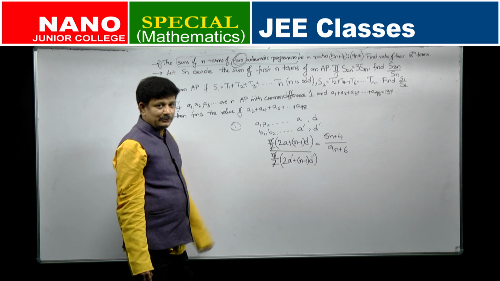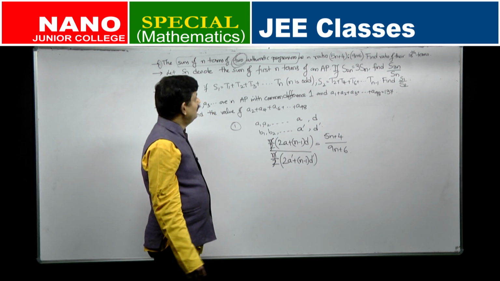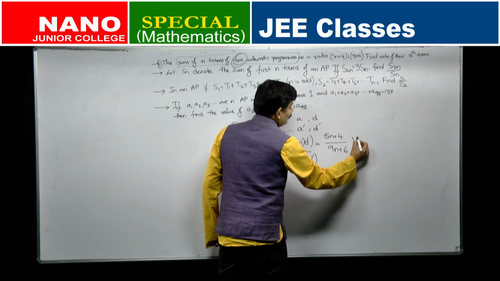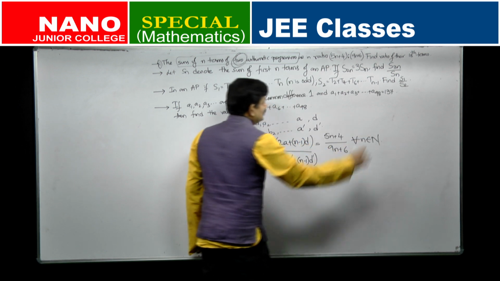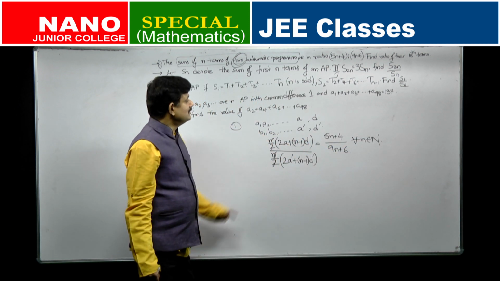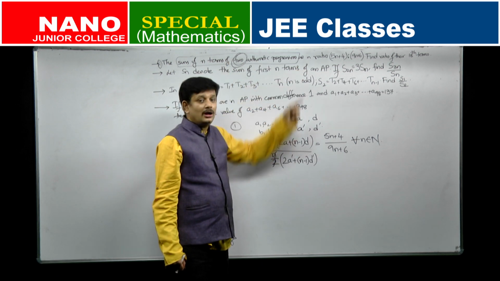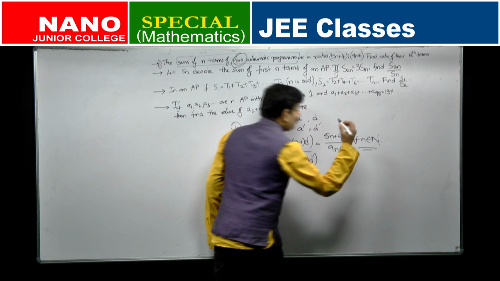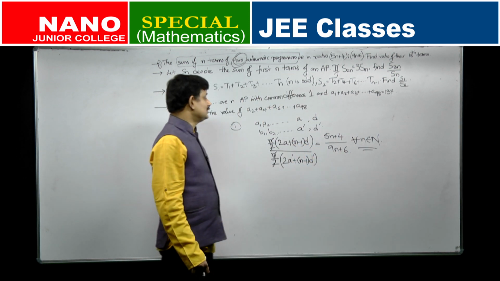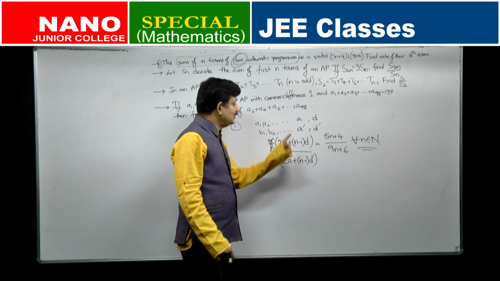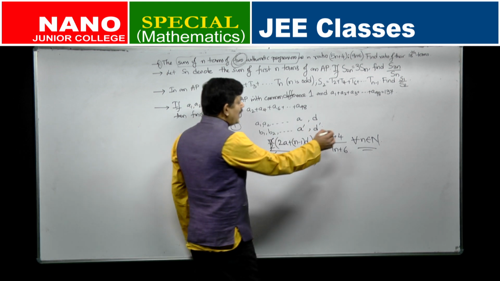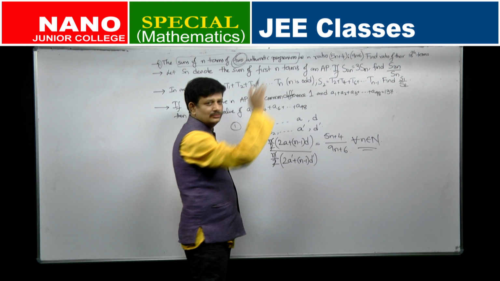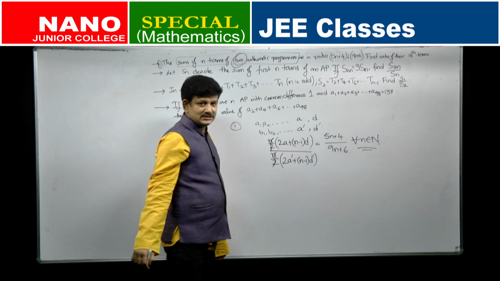Now, a similar type of question in a different context we did, we said that the question had a mistake and it should be given in the question that this is true for all n belonging to the set of natural numbers. This question makes sense only when it is given that this equation is true for all values of n, not a particular value of n. Usually this is missed in the textbooks. So, you have to add it, only then this will make any logical sense. You have to add from yourself that for all n belonging to the set of natural numbers this equation is true. n by 2 gets cancelled.